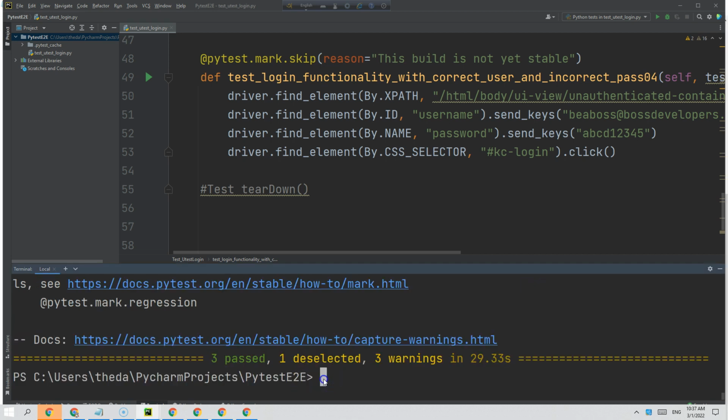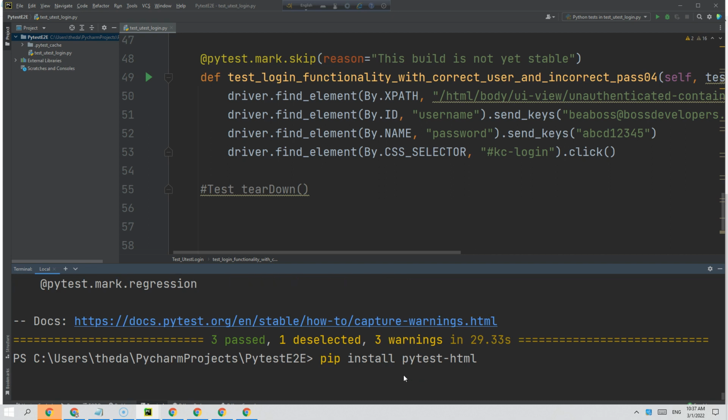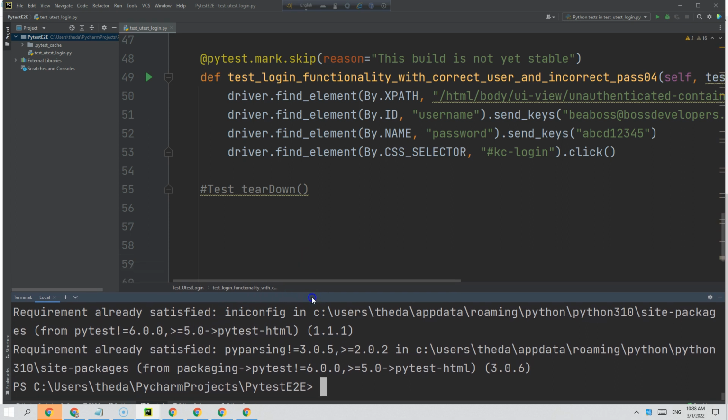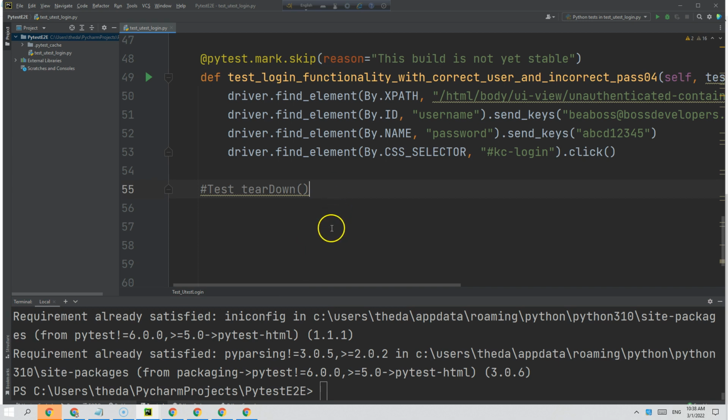So now we are going to install pip install Pytest-html, a software to prepare our test report. Okay, so